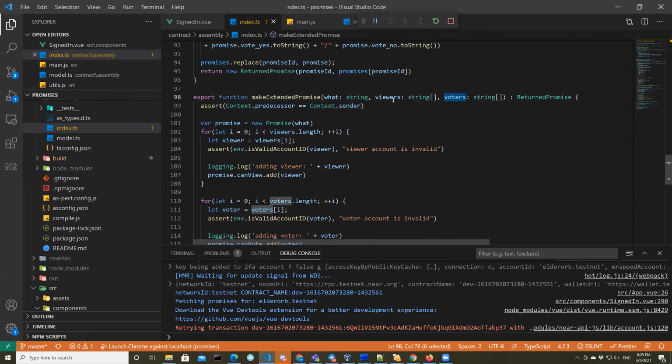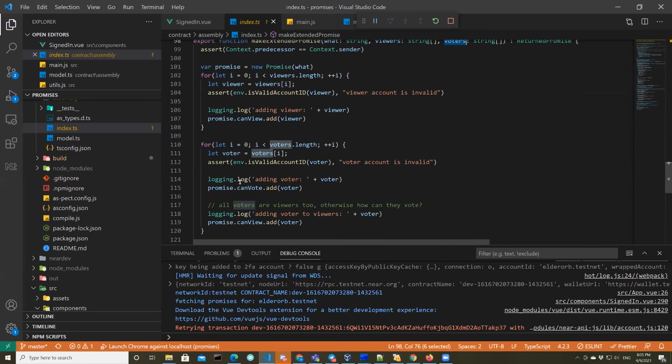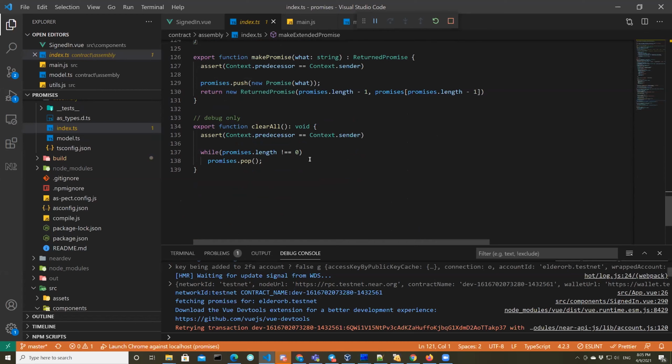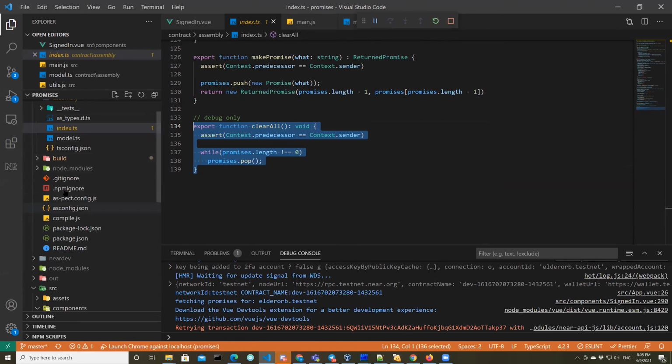And of course, if a voter is not among the viewers, it gets added to the viewers list by the smart contract itself, because it doesn't really make sense to allow people to vote without allowing them to view, at least from my perspective. And finally, a function just for debugging, allowing to clear all the promises.